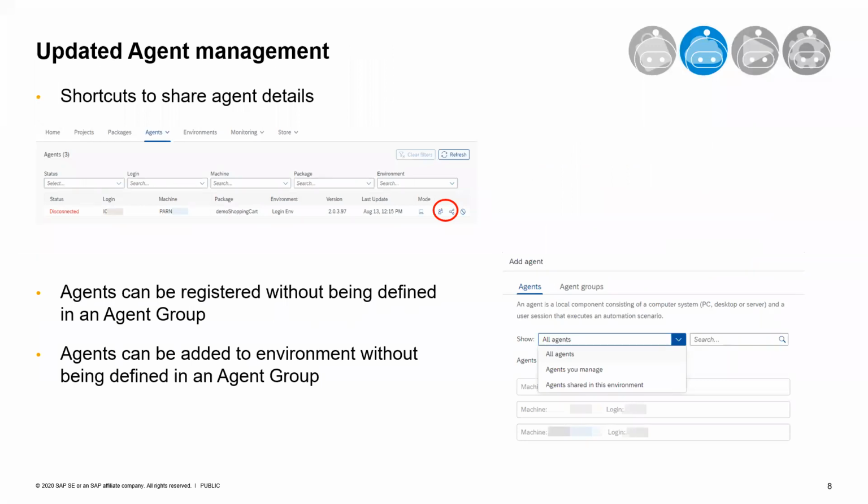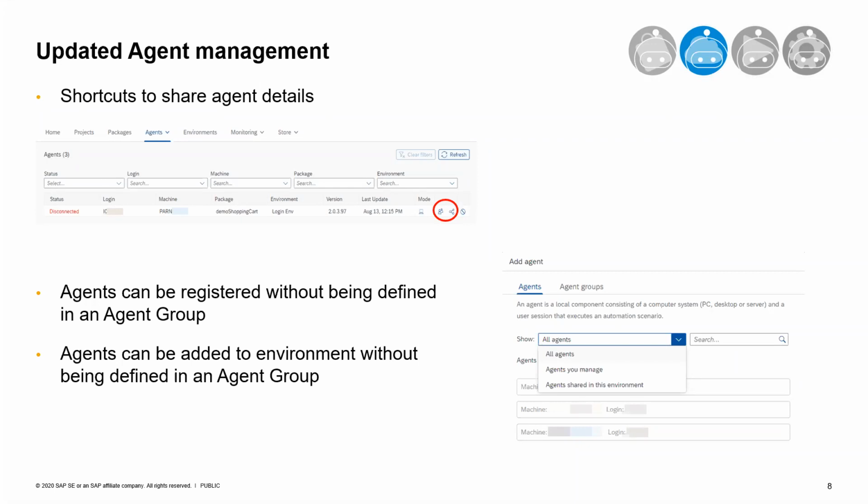All right, now let's talk about the new updates regarding agent management. You will sometimes need to share an agent among multiple users, and we have added shortcuts directly from the agents table for you to easily and quickly share a specific agent.